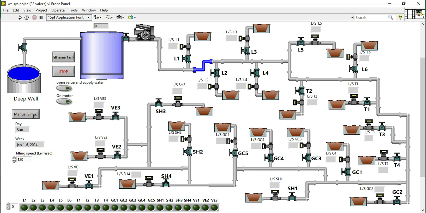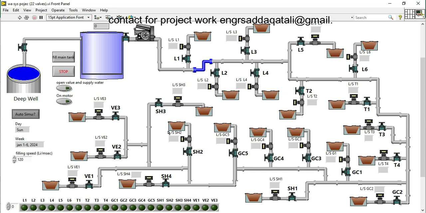So if user selected manual, we can control these valves from these boolean controls, or if we set it to the auto, then auto will take the scheduling of valves and water from the